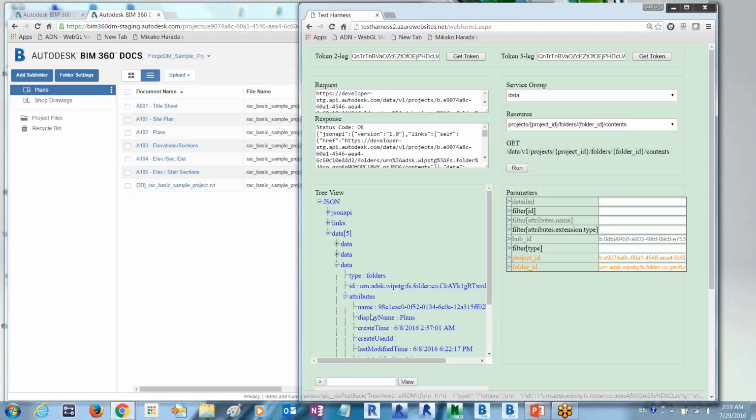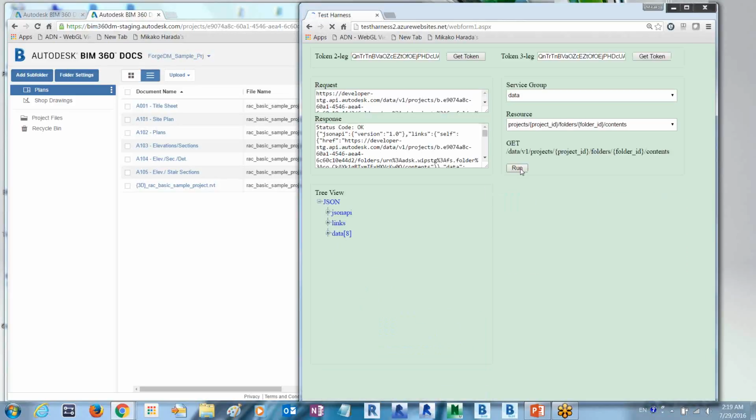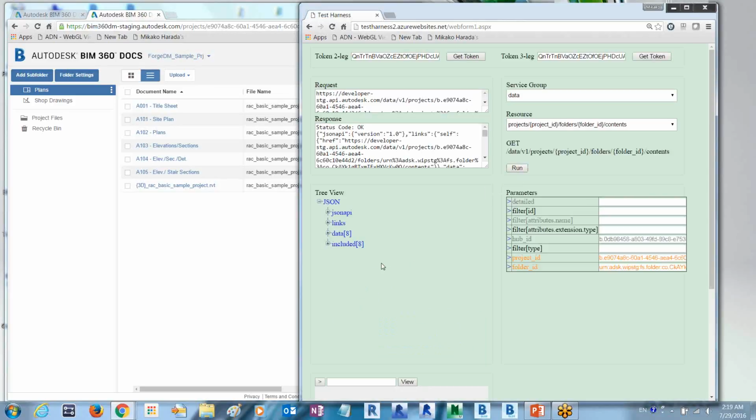So folders, this is a plan. The first here on your left, you see the plan. This is the plan we are interested in, so this is the ID. You can move this one here. Then you can do the same thing, call the contents of the folder. So now we are looking into the folder under plans. In this, we have 8 data,